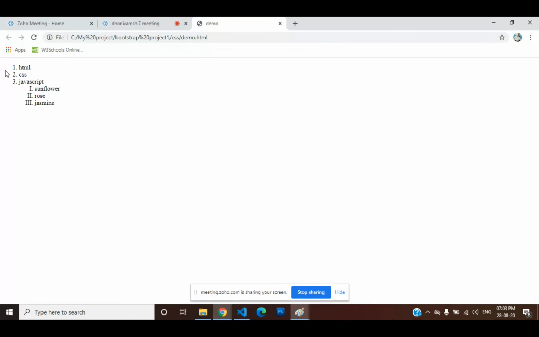See, the first one I took is OL, and the type is numeric. It's fine, 1, 2, 3 came. Then coming to the other OL type, what will it represent? It presents Roman. That is the difference: when you want to change the type of a list, you must use the type pattern. That is the importance. Okay, I hope you understood about this.